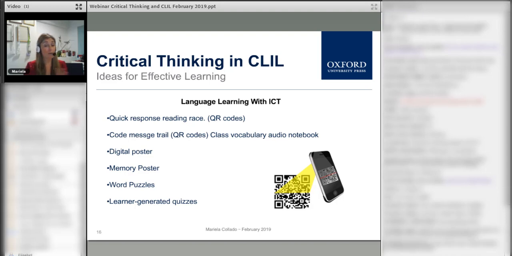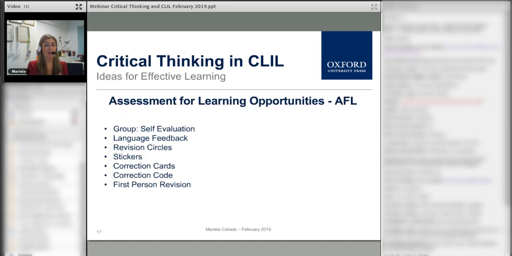I use, very quickly, QR codes in class. So the students have to go around the classroom looking for definitions. It's like a treasure hunt, for example. With 5th and 6th grade, they create their own digital poster for presentations, and